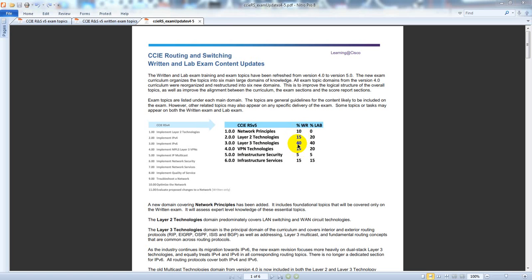And then obviously you've got layer 3, which is going to be the core. There's going to be a lot more routing than there is going to be switching. And it's actually, I should say, bridging and switching, because you can do both. But the idea behind layer 3 is routing. That's the bread and butter of most engineers, their routing skills. VPN technologies is going to be a big portion, because at least what I think Cisco's done, they've taken information and